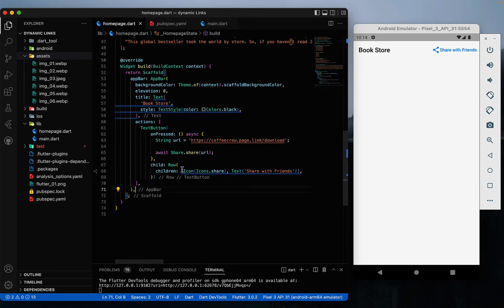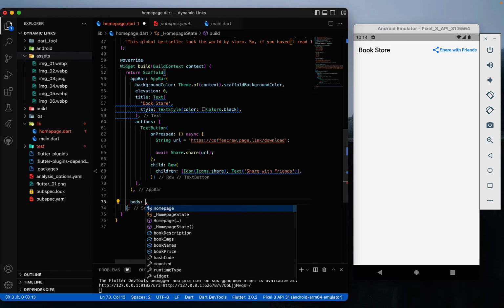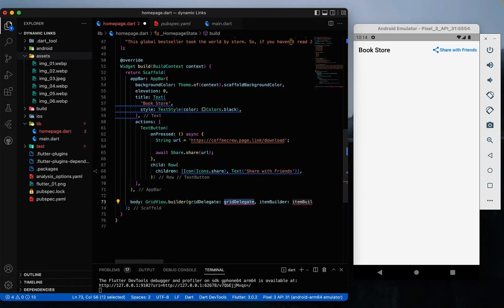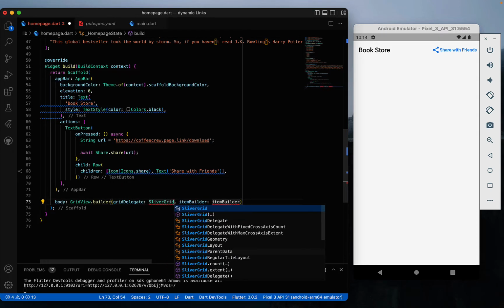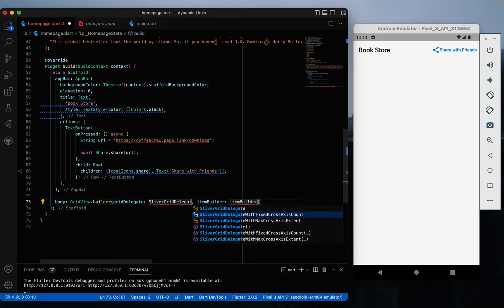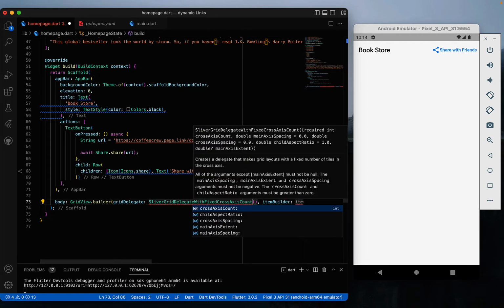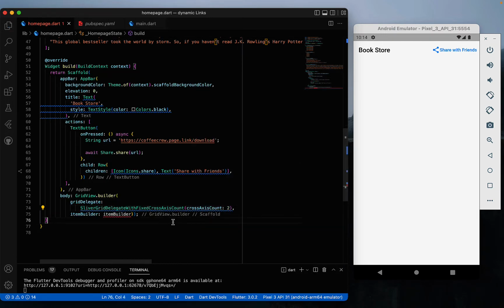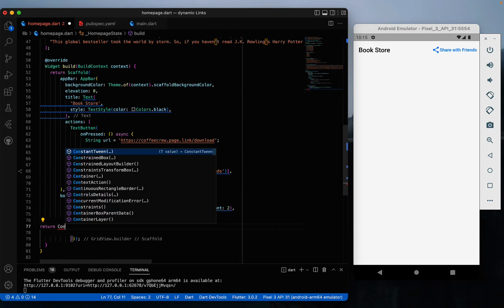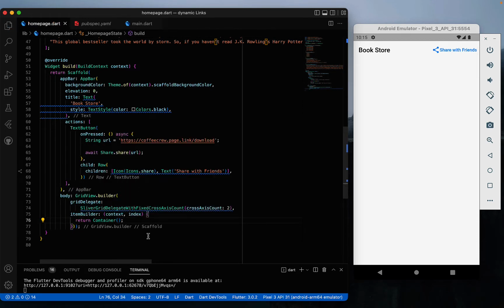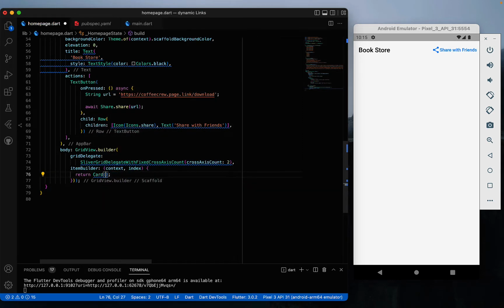Now in the scaffold, type body, and in the body we will have a GridView.builder. Okay, so first thing we need to give is gridDelegate. So here we can say SliverGridDelegateWithFixedCrossAxisCount. Okay, and here in the crossAxisCount, type 2. Then in the itemBuilder, type context, index, then add curly brackets, and here we will return a container for now. Okay, instead of saying container, let's return a Card, and then type child